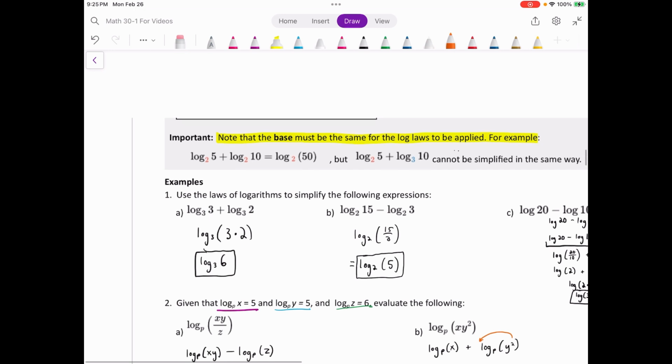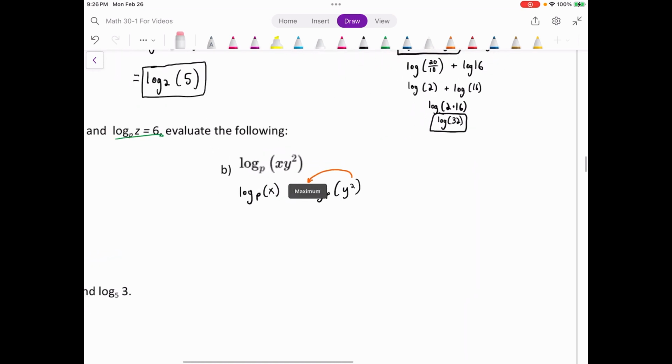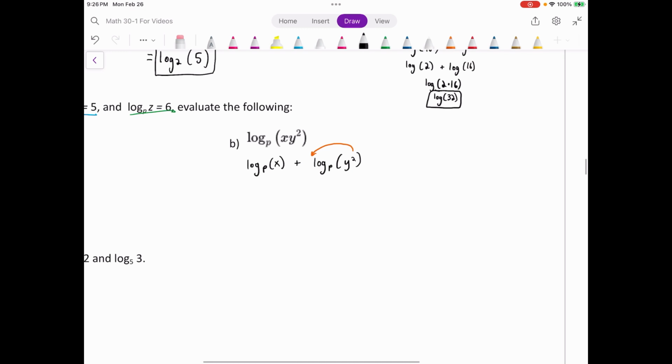Now I can use this to say that n can come down because the entire argument really is now to the power of 2, because I split it up into 2 separate logs in x and in y squared. All right, so this now is log base p of x plus 2 log base p